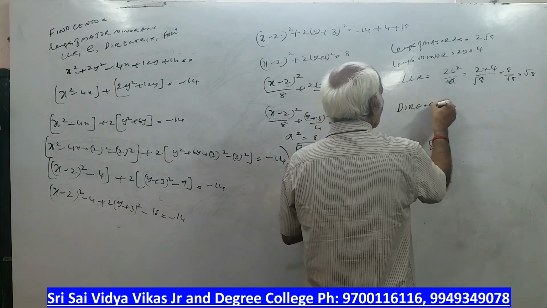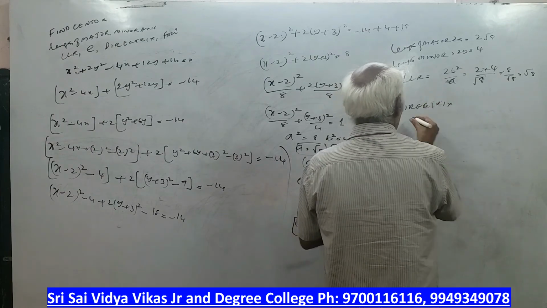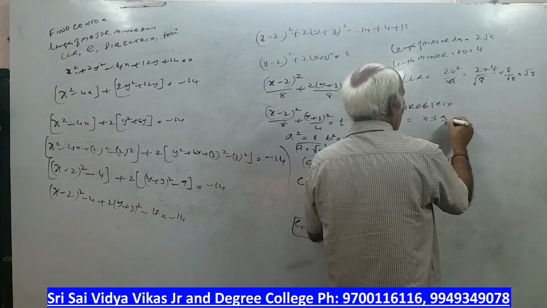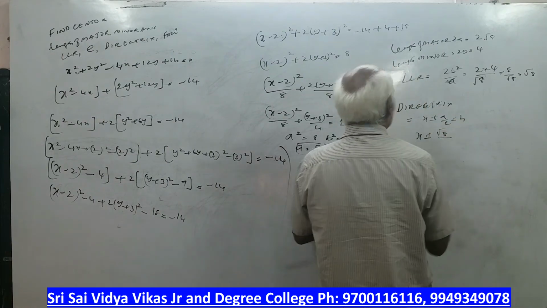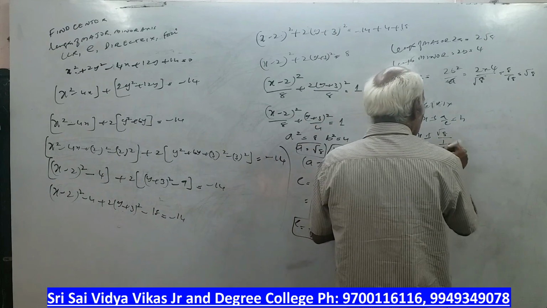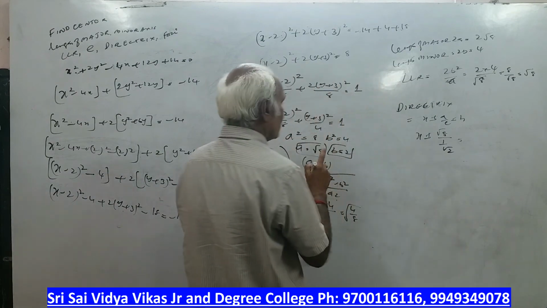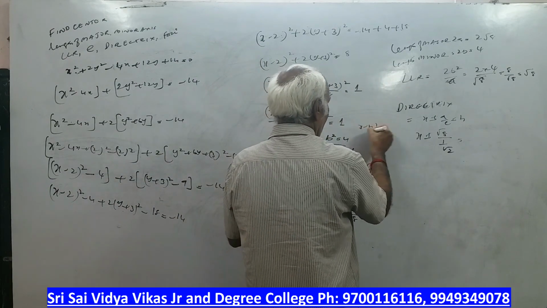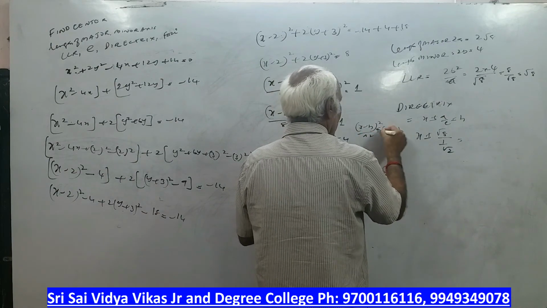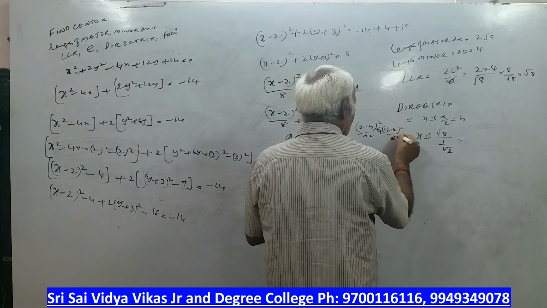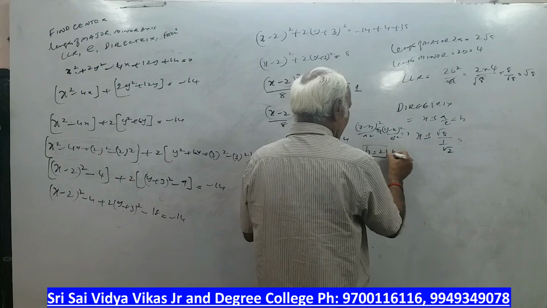Then e is our directrix. What is the directrix? It is x plus or minus a by e is equal to h. x plus or minus the a value, root 8, by the e value, what, sir? 1 by root 2, is equal to h. H value is how much, sir? We did not write h and k, sir. Okay, compare with x minus h whole square by a square plus y minus k whole square by b square is equal to 1. So what is the h value? 2, and the k value minus 3.